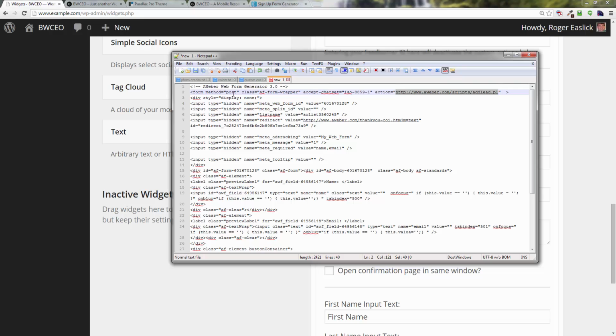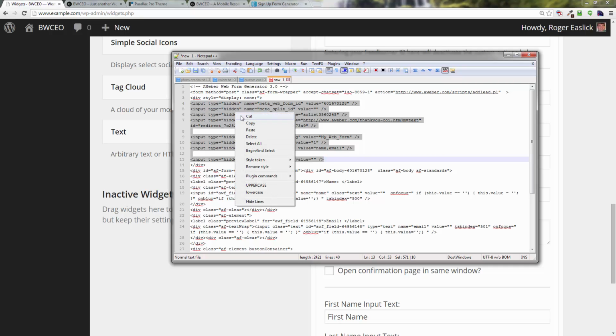So you'll notice in the stuff that we copied and pasted, a couple lines down there's a div tag. It says div style equals display none. Right after that you've got some input fields, and they all say type is hidden all the way down to here. So what we want to do is start on the line right after the div tag, and highlight that all the way down to right above the closing div tag. So this area right here, you're going to highlight, right click, copy,